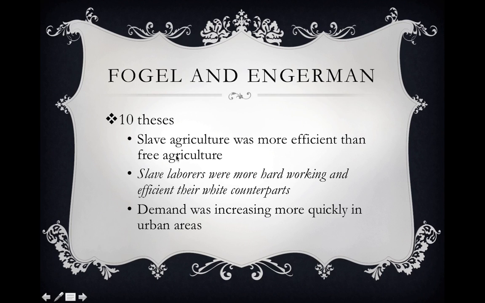All right, they do a couple of different types of analysis showing that slave agriculture was actually more efficient than free agriculture. I want you to realize that yes, you can make this type of statement, but also realize that there is a fundamental difference when you compare a free population and a slave population. Yes, you can compare the labor from those two, but remember the fundamental difference: free workers can go, they can leave.